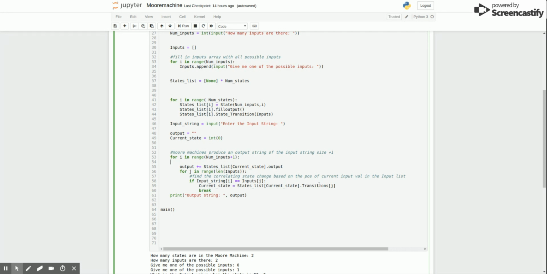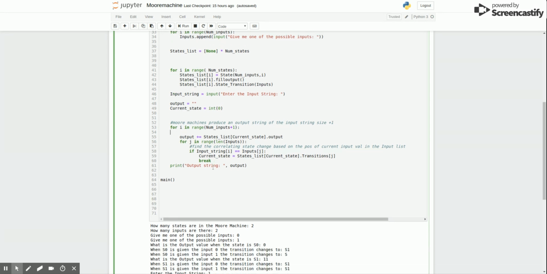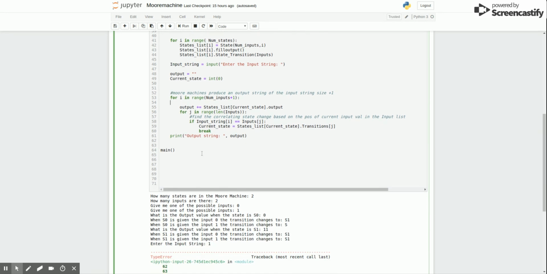And then I set that next state that we're supposed to go to as the current state value. And then I end the for loop. And then we go back out here, and we add to the string again whatever the output is for the new state. And I feel like that should work perfectly, but when I run it,